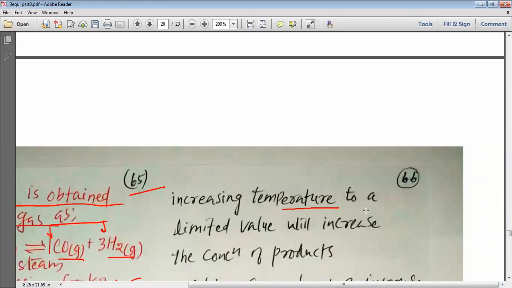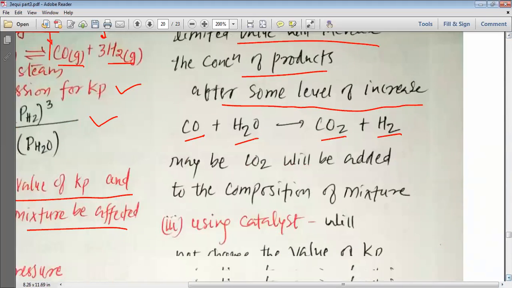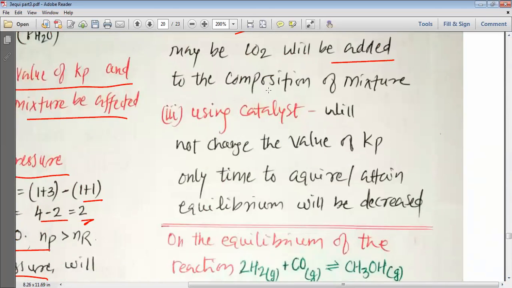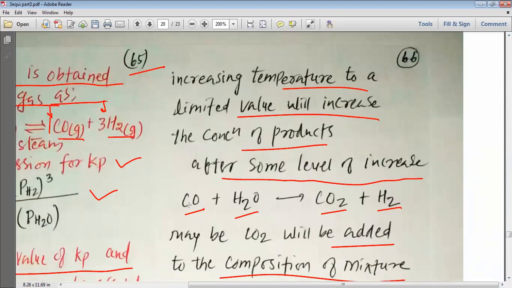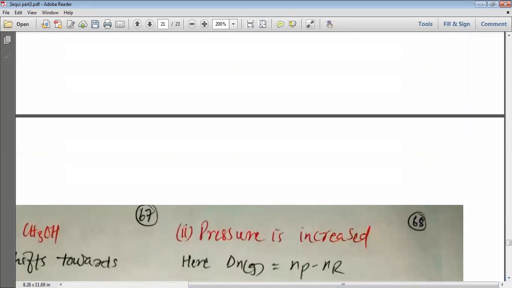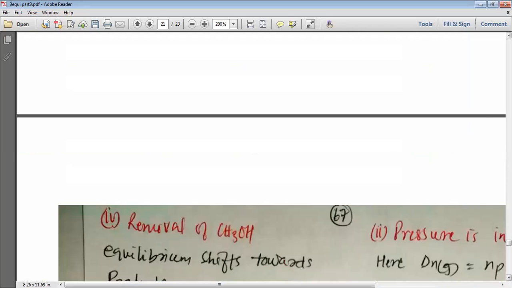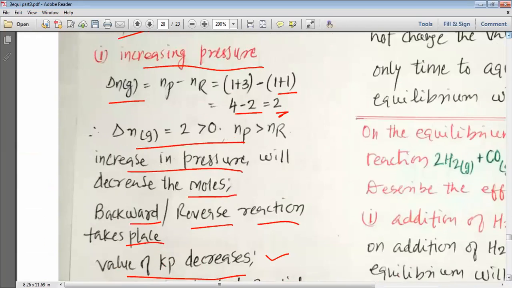So increasing temperature to a limited value will increase the concentration of product. After some level of increase, carbon monoxide and water give carbon dioxide and hydrogen, and maybe CO2 will be added to the composition of the mixture. So after some time, if the reaction takes place, if you look at the question once again, we will realize that here the reaction, whatever takes place,